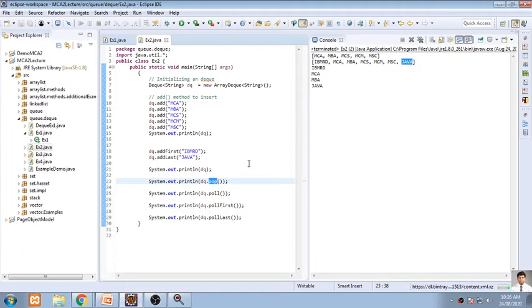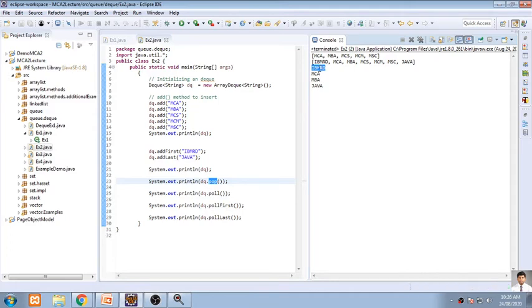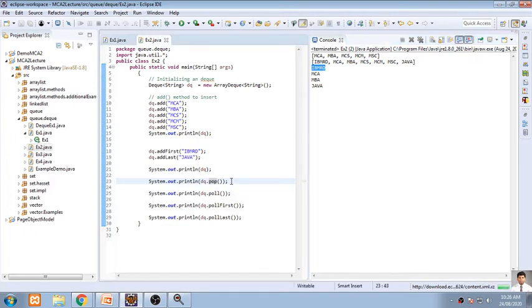LIFO, last in, first out. So this pop function is a part of stack. So what will it be removing? The first element. So see, it has removed the first element. IBMRD is the first element, so that will be removed first. So the pop function is nothing but removing the first element, just like stack.